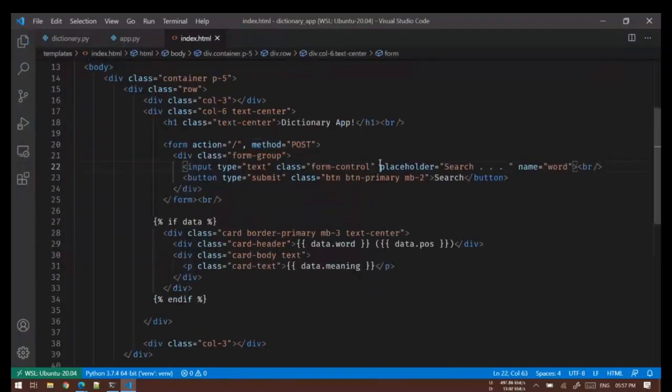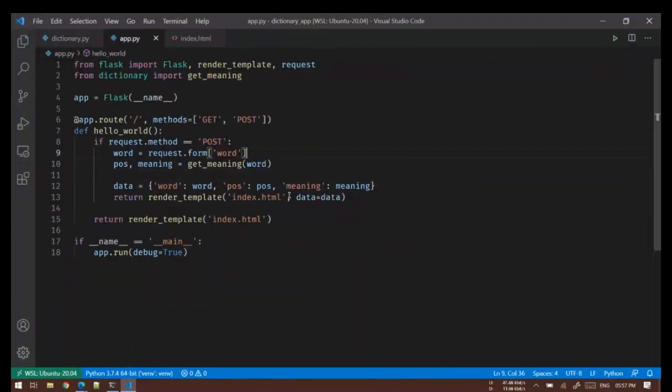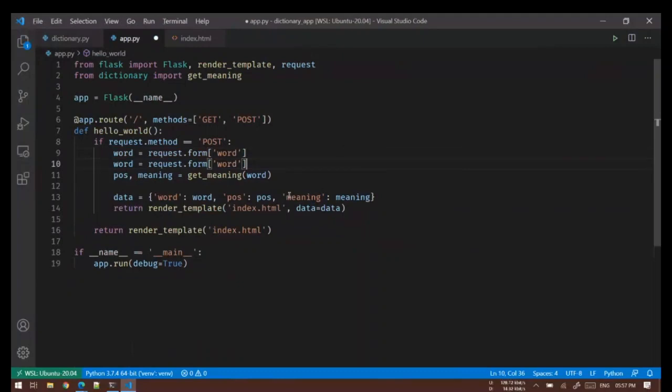So imagine you want to take another input, so you can make a copy of it and here just change it to word 2 and come here, access word 2 and assign it to word 2. Simple. Once you have it, you can pass it here, get its meaning and pass it to the front end as usual or as normal.